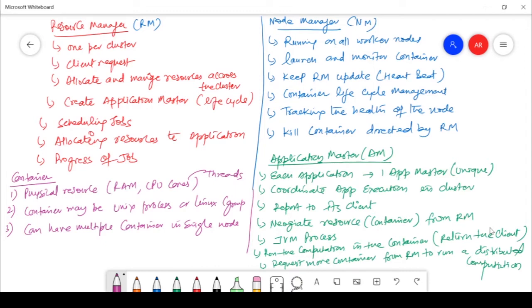So guys, you can have a look at this. This is very important, and you can spend at least 2-3 minutes on this. But before that, I want to give a very interesting analogy just to understand the YARN architecture. Is it okay? Meanwhile, you can have a look at the points on the resource manager, and then you can correlate those points with my analogy of YARN.